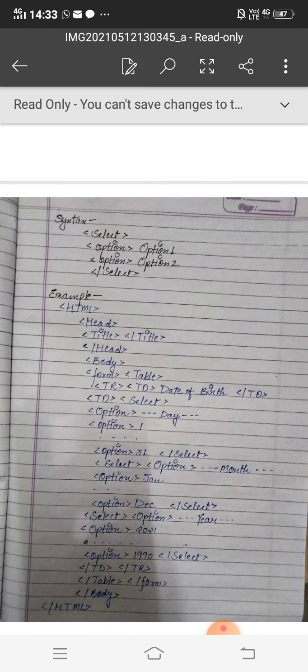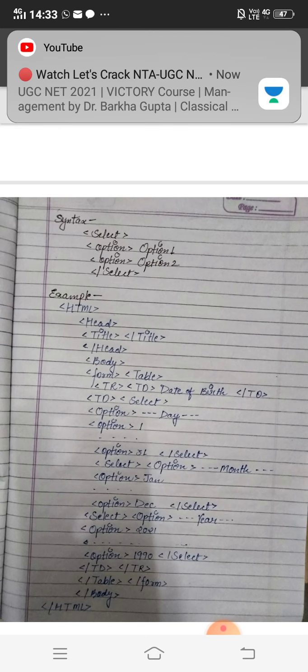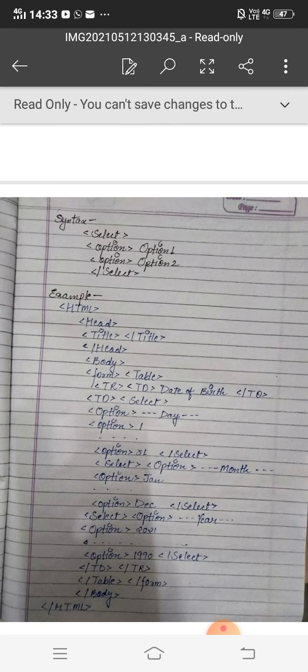Another select for year, option on year, then write options starting from the current year. 2021 is the current year, so write 2021, then option 2020, option 2019, option 2018, option 2017, and you can write till any number, as we have written here till 1990.